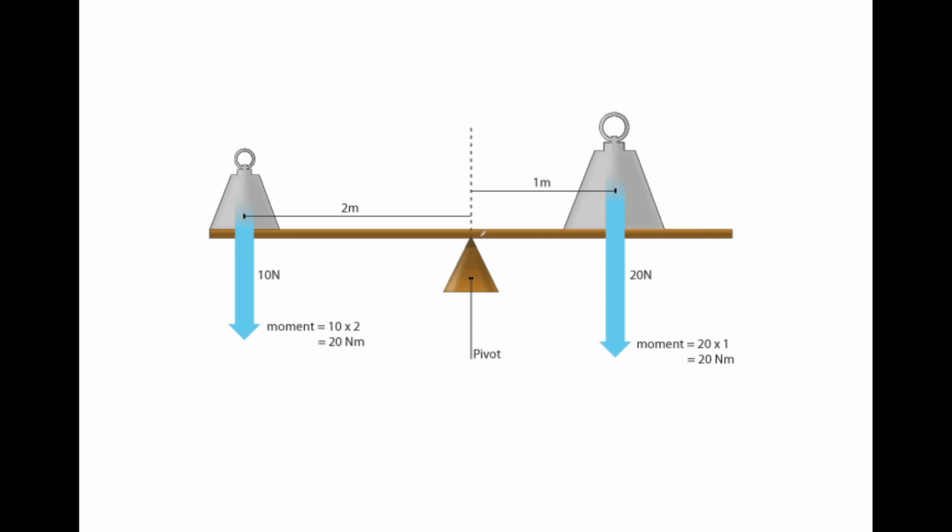Now here we have a pivot point, and on the right-hand side we have a 20 newton force 1 meter away, so it exerts a moment of 20 newton meters. That's the 20 newtons of force in the downward direction times the 1 meter, which is the distance from the pivot for this force. And then on the left-hand side, we also have a force, but it's only 10 newtons. It's half of the force. Now, this 10 newtons is 2 meters away from the pivot. And it just so happens that the moment for each of these is equal. You have 20 newton meters for the weight on the left, and you have 20 newton meters for the weight on the right. And so with less effort pushing down on the left-hand side, you can generate the same force.